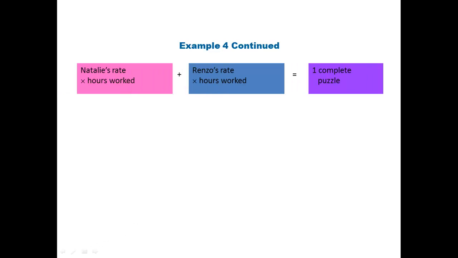Alright, so to figure this out, we take Natalie's rate times the hours worked, plus Renzo's rate times the hours worked, and it equals one complete puzzle. So this is really important, one complete puzzle. All right, Natalie's rate was 1/8. They worked for 4.5 hours plus Renzo's rate times the 4.5 hours equals 1 completed puzzle. All right, so what we need to do is figure out the